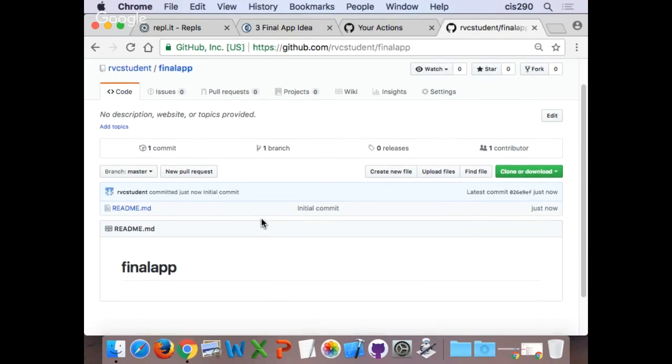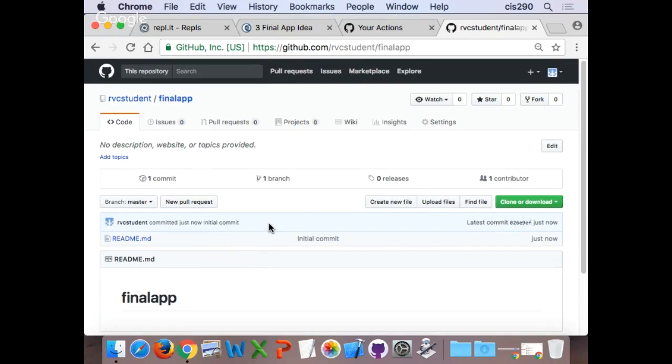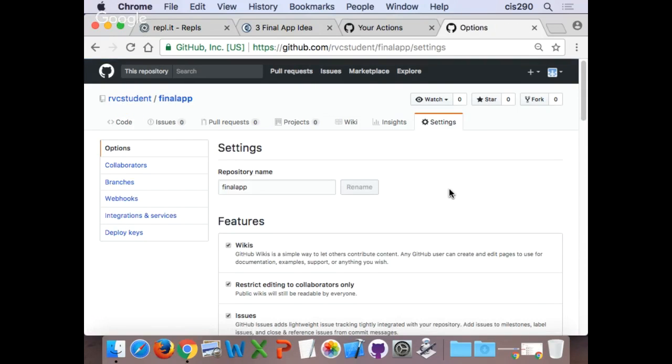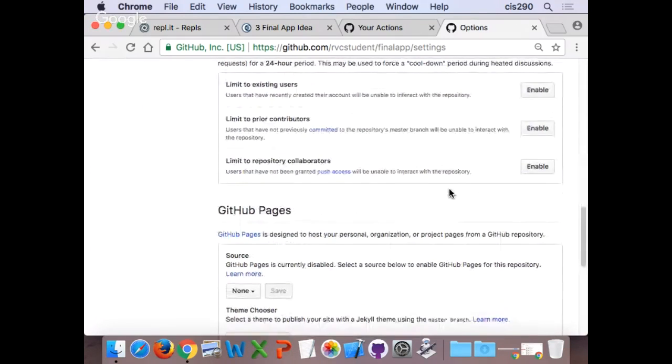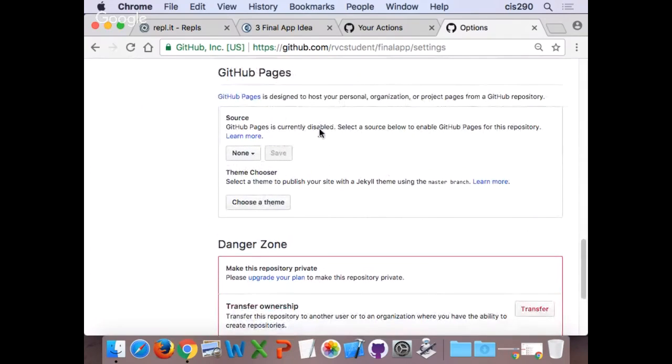Okay, so first thing we're going to do now is we're going to go up to the settings menu where my mouse is hovering over on the overhead. If you'll click on the settings menu, scroll down to where you say GitHub pages right here.